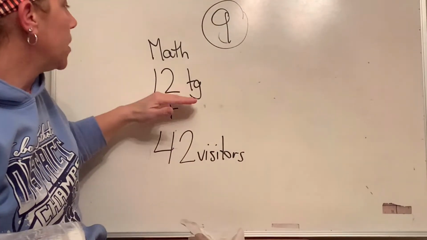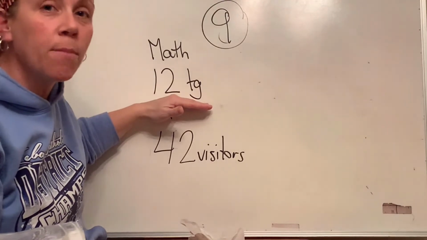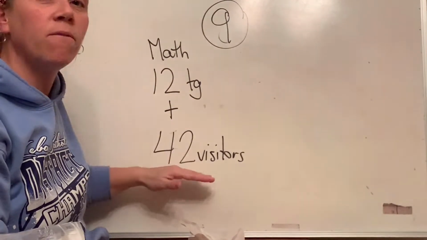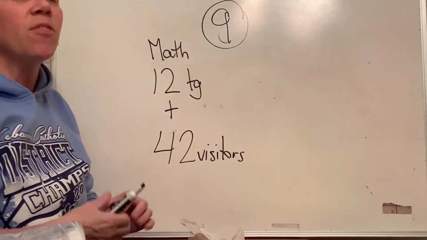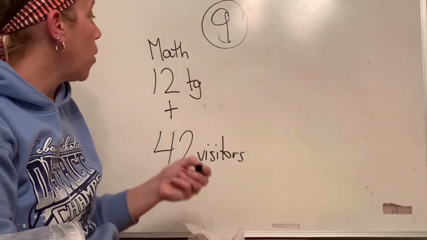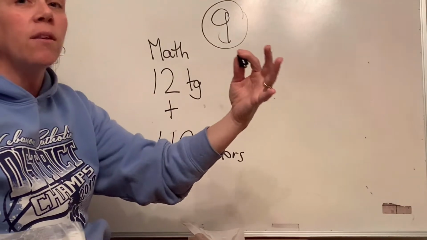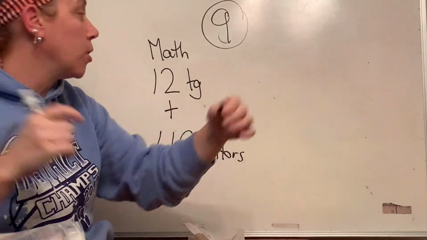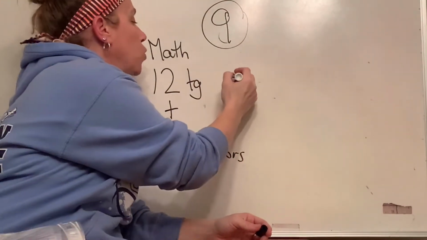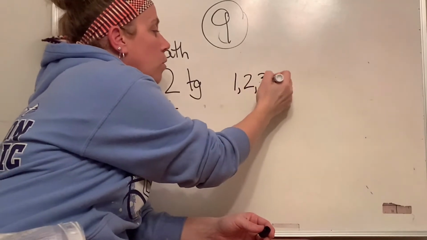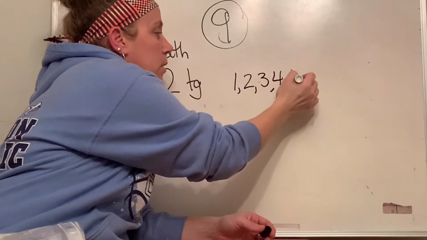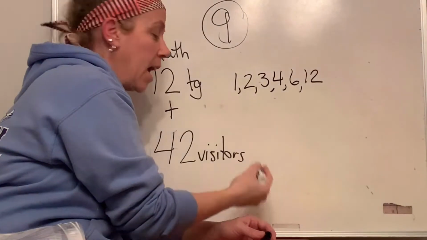So I want to be able to split the tour guides into the same amount of groups as I split the visitors into. So I have to think of a number that goes into both 12 and 42. And I want the biggest number I can think of, the greatest common factor. So if I listed the factors of 12: 1, 2, 3, 4, 6, and 12, and I list the factors